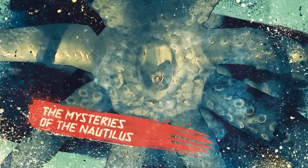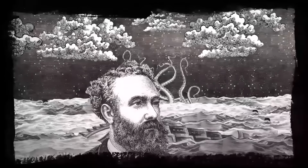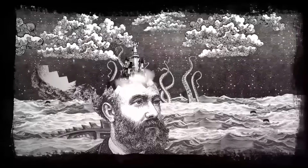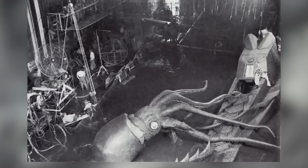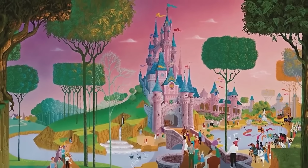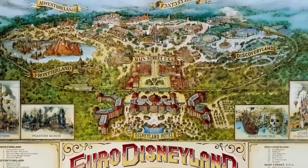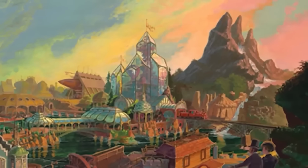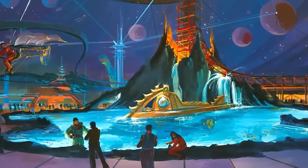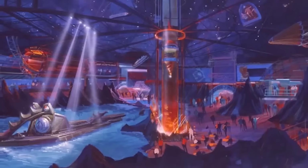The Mysteries of the Nautilus. We've talked a lot about Disney's long relationship with Jules Verne-inspired attractions, so it's not surprising that we're doing it again. When Disneyland Paris was being developed, Tony Baxter was named creative director, and one of the jobs that he had to do was create a new concept for the park's Tomorrowland. Baxter found this task exciting because to do it, he wanted to take inspiration in the previously canceled Disneyland land,